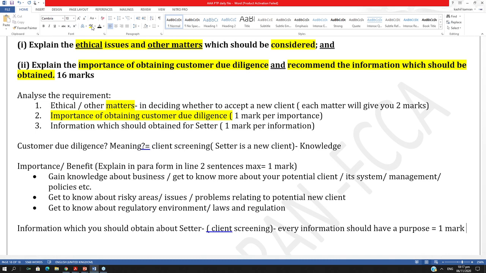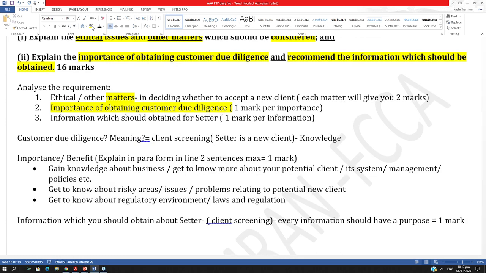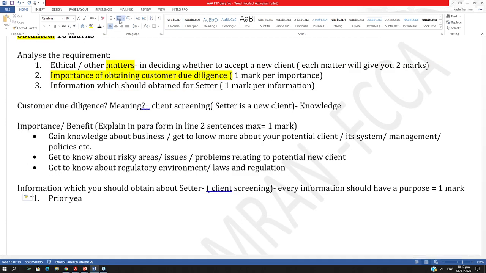When you're conducting the client screening, you obtain a lot of information about the company, a lot of information about your potential client. For example, you obtain information about its prior year financial statements, which help you analyze the past trends or ratios. So is that an information you will be obtaining about SETA, the prior year financial statements, to know the trends in their financial numbers when you are conducting the client screening? Will you be